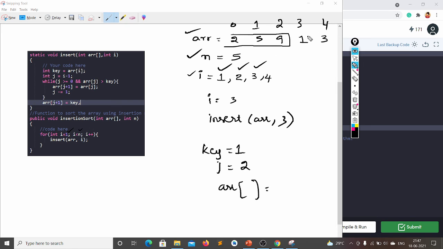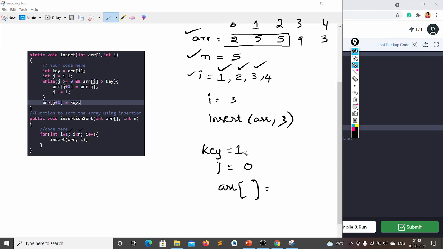What happens here is my 1 is less than 9. Now, my 9 will be here only. In place of 1, I will get 9. Okay, again my j will be decremented by 1. And again I will check 1, that is key, with this array of 1. Is 1 less than 5? As 1 is less than 5, again my 5 will be here only. And again it is coming here at the next step. And my j will be decremented by 1, that is 1 minus 1, 0.